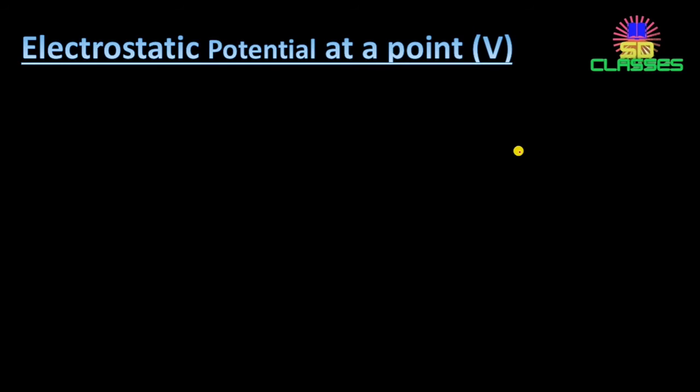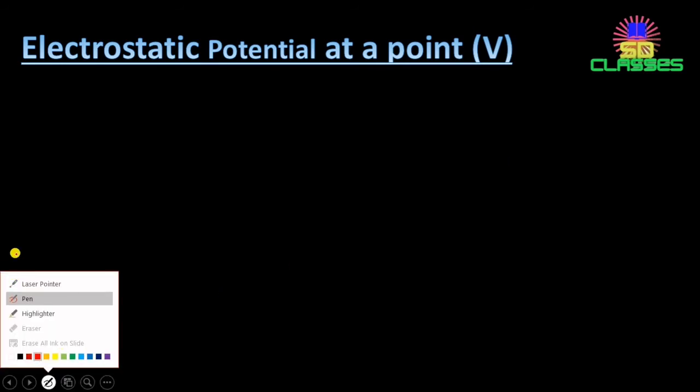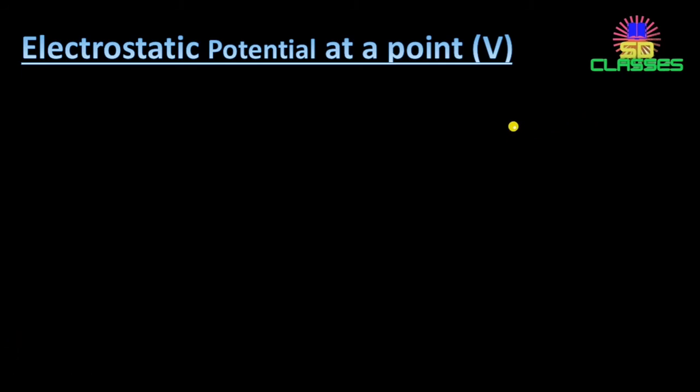Now we are going to find the electric potential or the voltage at a particular point. So what we have to do is bring a unit charge from infinity to the point where we are going to find the potential, right? Suppose this point is B. As per the definition, the work done to bring the charge from infinity to the point B with respect to the unit charge is equal to VB minus V infinity.